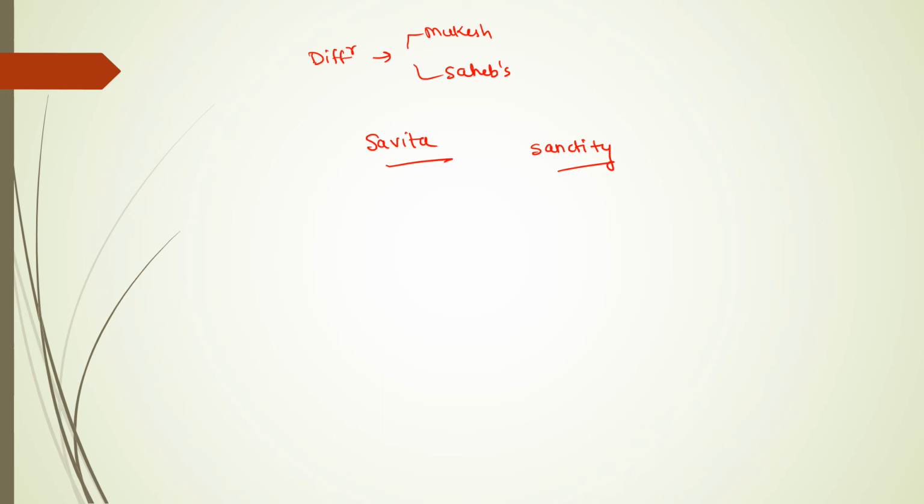So, in short, we can see that be it Sahib, Mukesh, or Savita, they are in the circle of poverty, and that is because of the heavy burden of traditions. Sometimes it is a family business. Sometimes they cannot find any other thing, so the whole family is doing that rag picking job. What other reasons are there? Illiteracy, right? They are not literate.